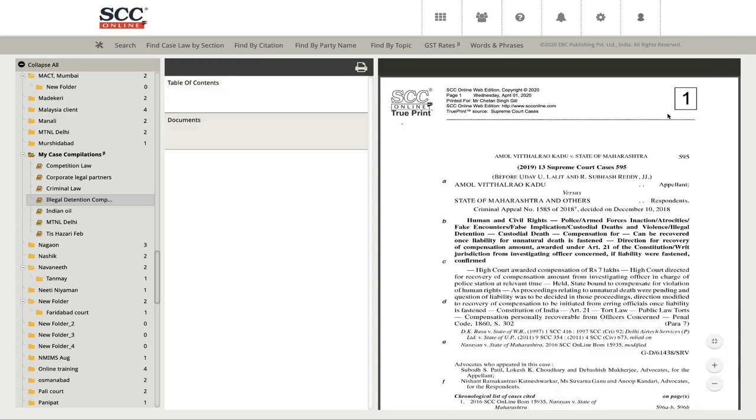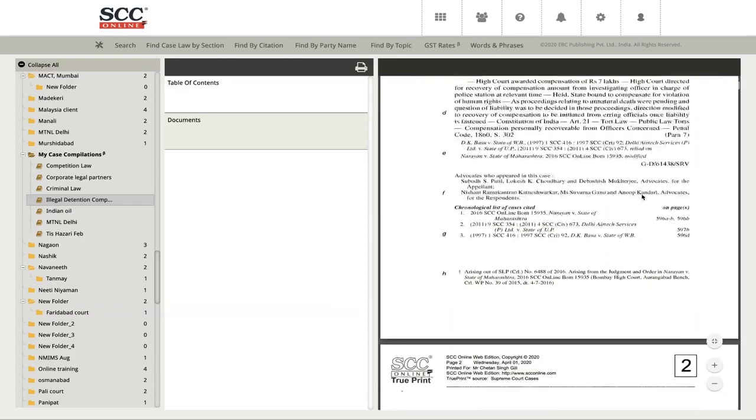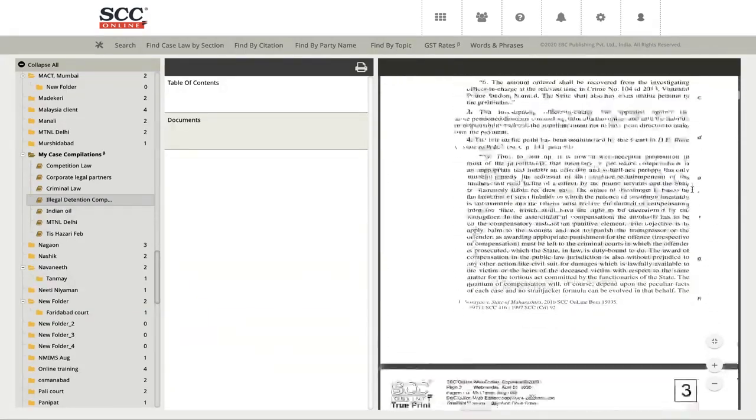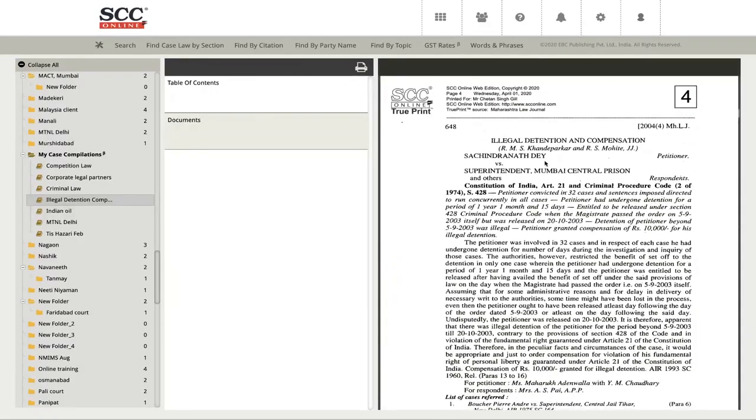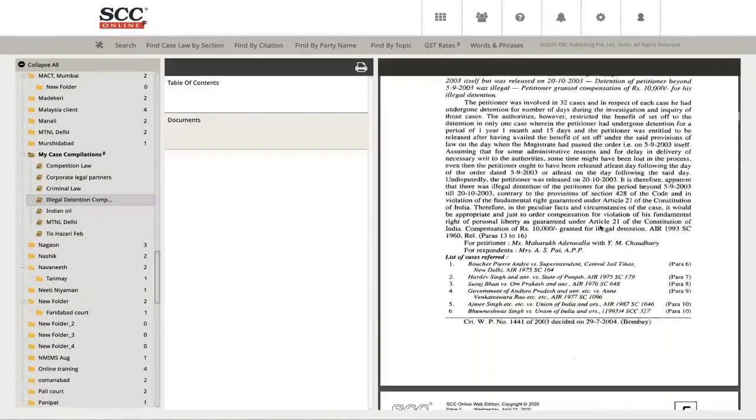If I click on the documents, you'll see that the true printout has been placed over here for the Amol Kadu case, page number 1. This is what we were talking about. The sequencing has already been done for you. Page number 2 for this case. Page number 3, and on page number 4 we'll have a new case, and that's what it is. Going further down,